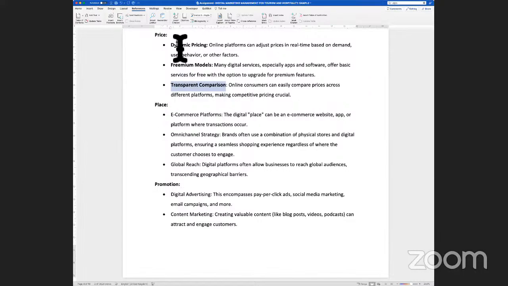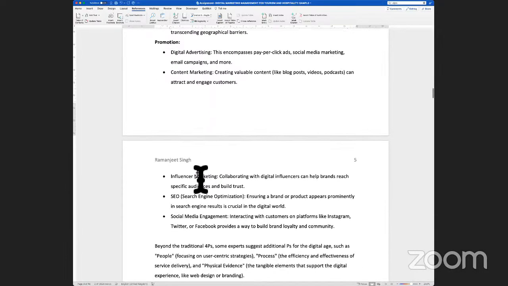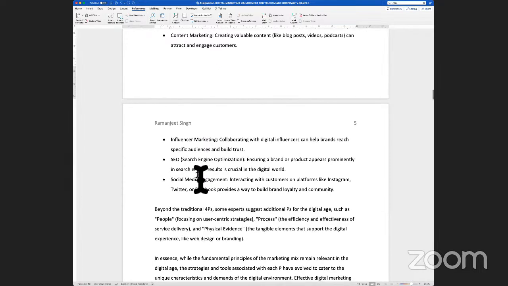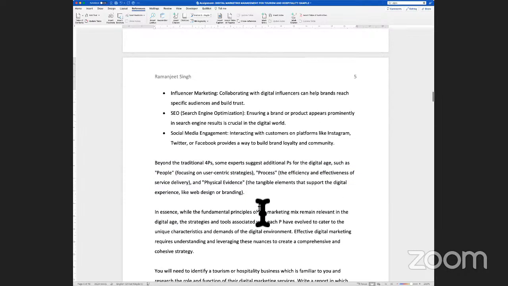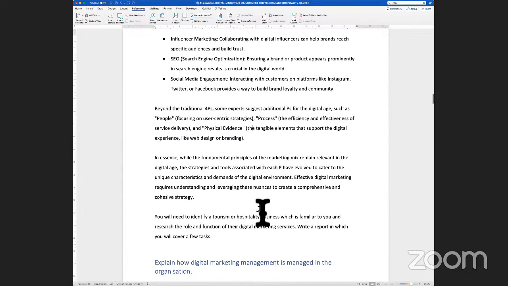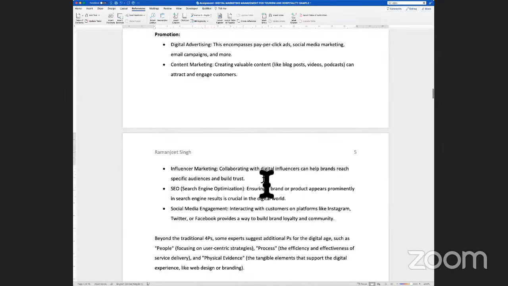So similarly, you have to cover price, place, promotion, and product. And once you've done this, do a brief mention of the other P's that I've mentioned, things like process, people, and physical evidence. And that, in a sense, would explain the 4 P's of marketing. That is the role of marketing mix in digital context.